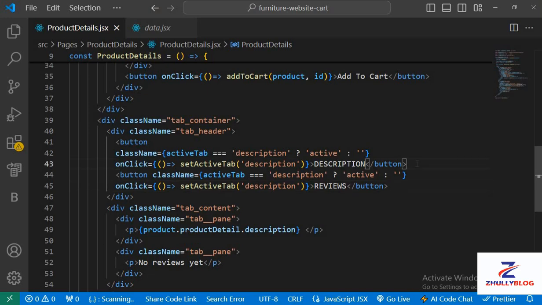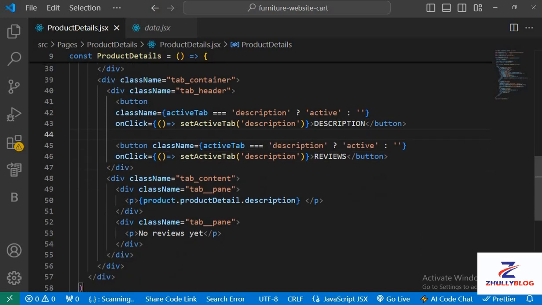Okay, so the first button is for description, right? And the second button is for reviews. So this will be reviews, right? And this will be reviews as well. So